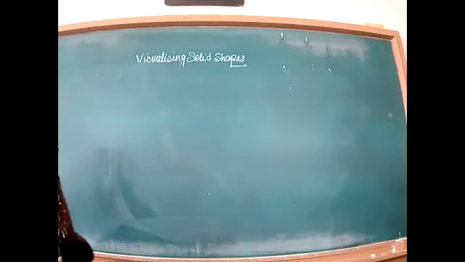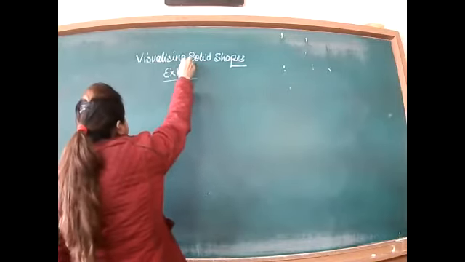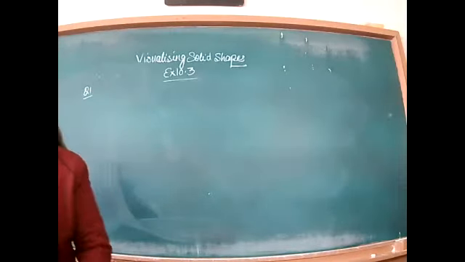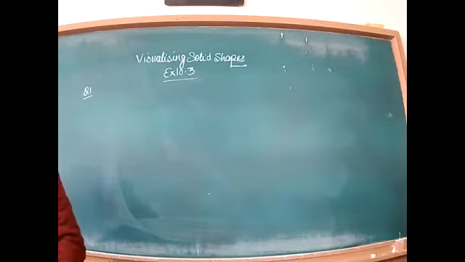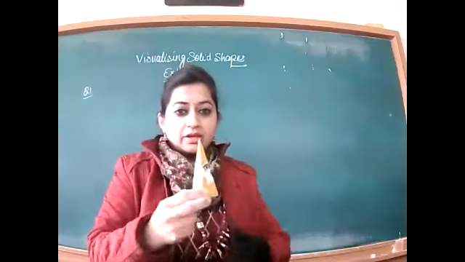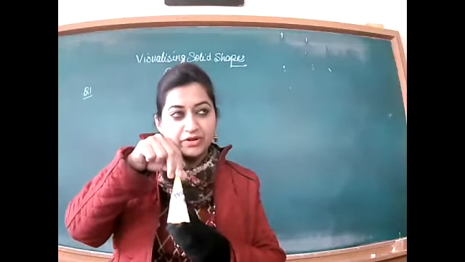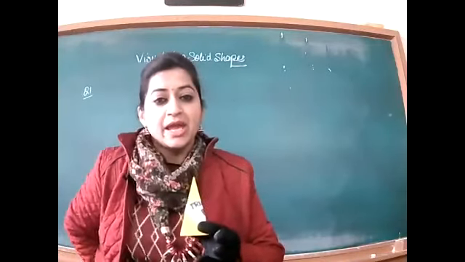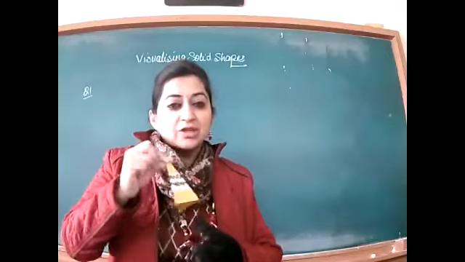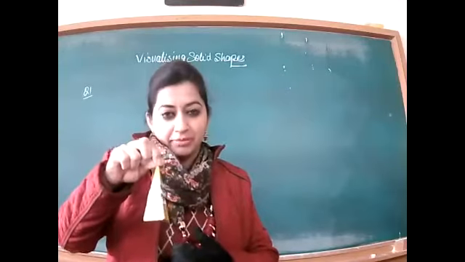Now let's start with exercise 10.3. Question number 1. अब देखो इधर. Have you noticed one thing? ये देखो, ये कौन सी फिगर है बच्चे? Upper vertex, one common vertex, and all the side faces, lateral faces are joined at one vertex, so it is a pyramid. Okay. If the top and bottom are the same, then it is a prism. The pyramid has triangular faces. If all the triangular faces are joined at one vertex, it is called a pyramid.